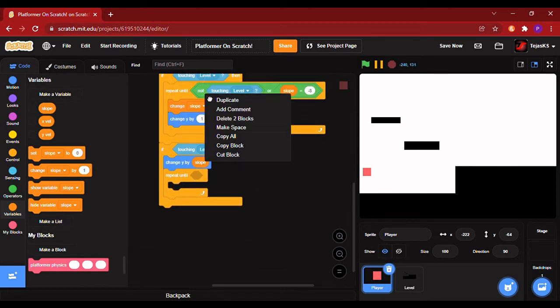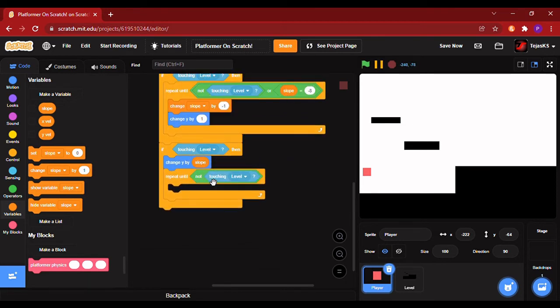We can duplicate it from here also. Not touching level. Change x by.